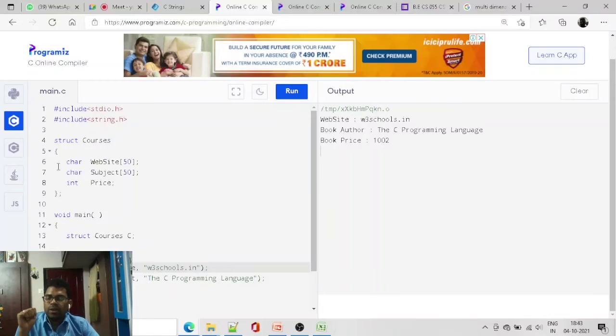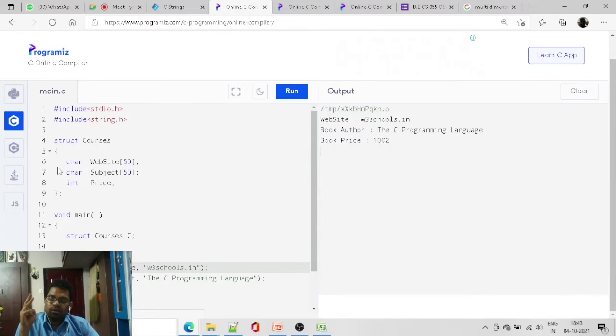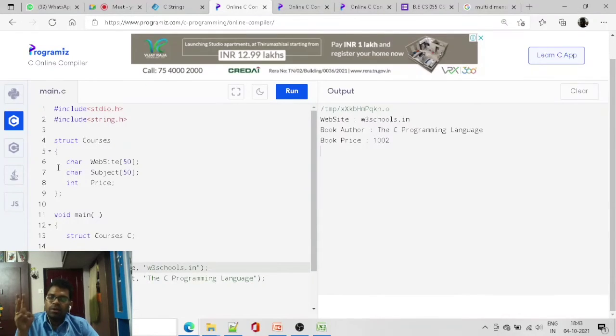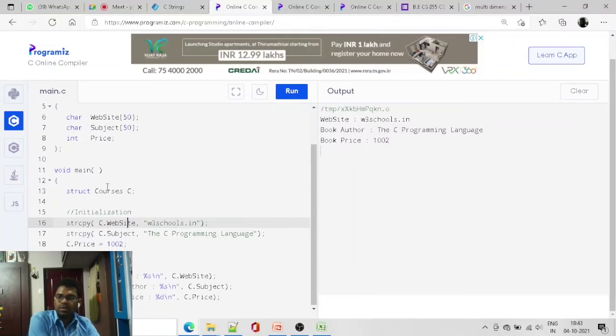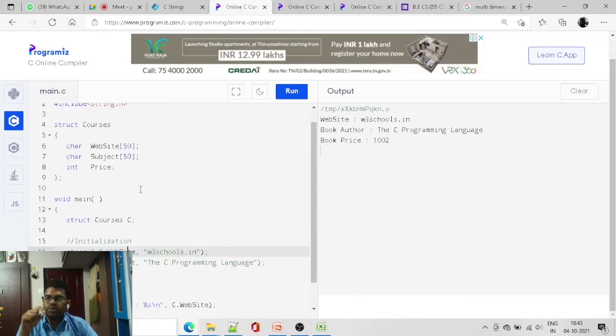Inside we have three members of the structure. Void is another data type. Void main. Struct courses: we are declaring an object for the structure named courses. Here c is the object for courses.